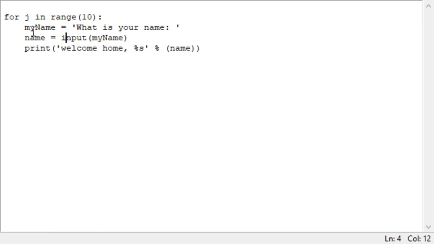Right, so you have my name. What is your name? It asks for my name first. So my name, it passes it in here. Whatever I say is going to be put into name, and then it's going to print it. It's going to keep printing. So once I run this,